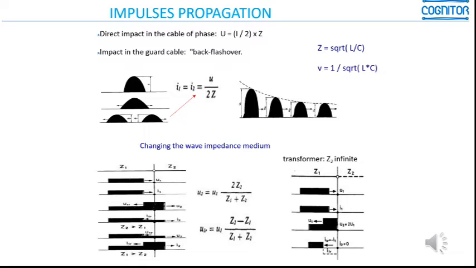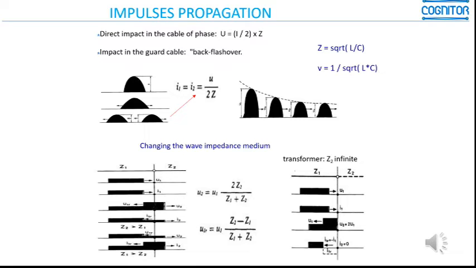However, if the strike is very near to the substation or at a certain distance, even with this damping of the overvoltage, a very big value can arrive to the place, and if not well designed, this can have as consequence a failure in the isolation of transformers, reactors, or other components.